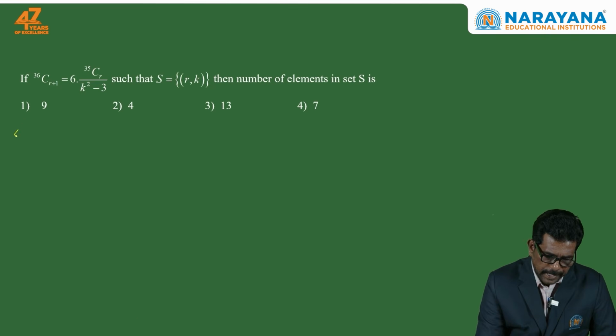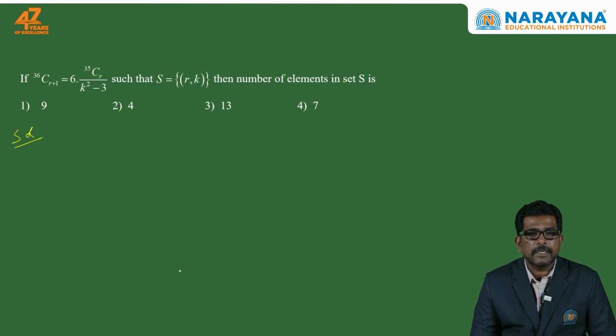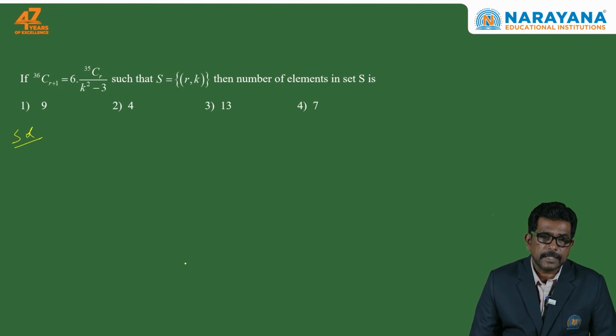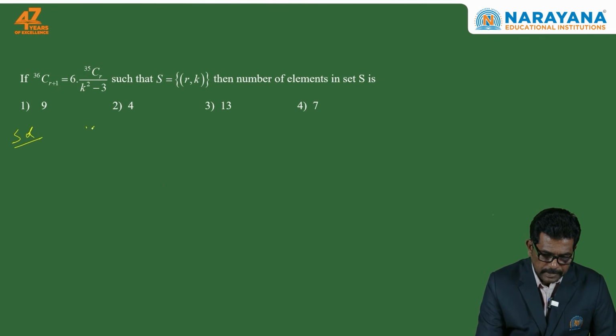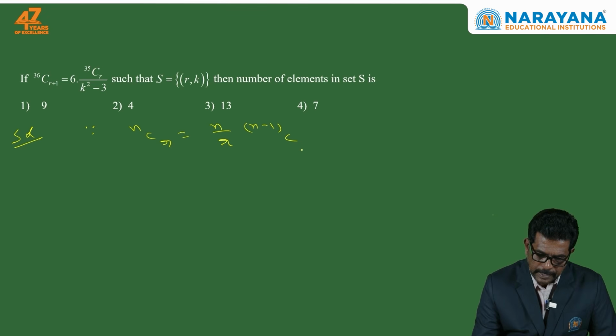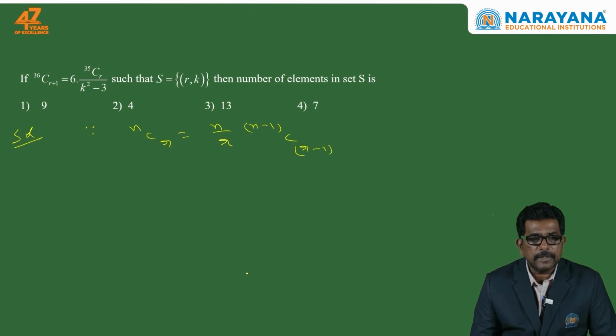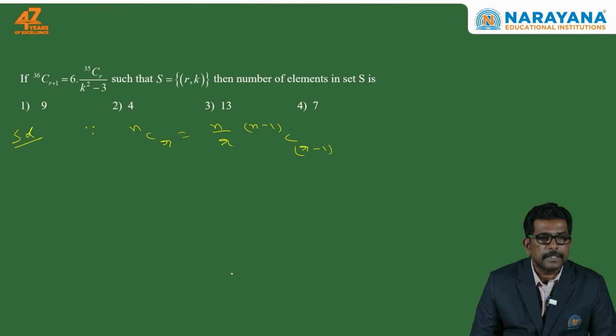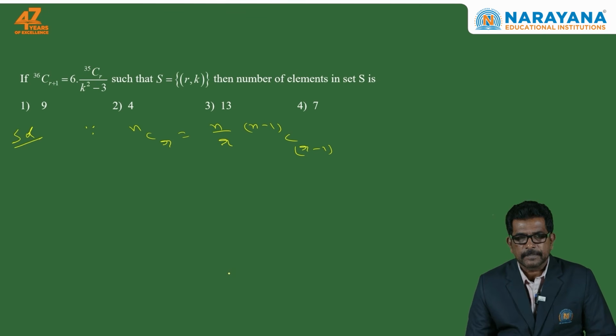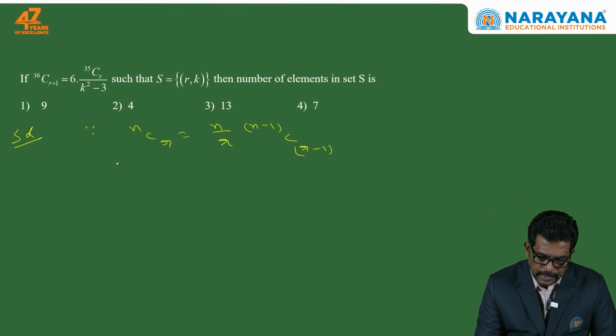Next, it is based on the recurrence formula of the binomial coefficients. The basic formula is nCr is equal to n by r times (n minus 1)C(r minus 1). By using this, the problem is very simple. See there, in the LHS, 36C(r+1), I am going to write as 36 by (r plus 1) into